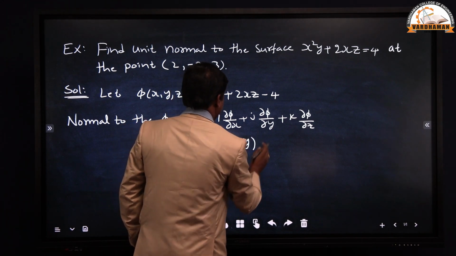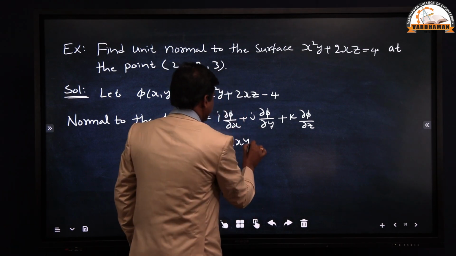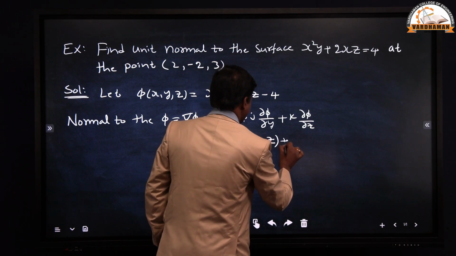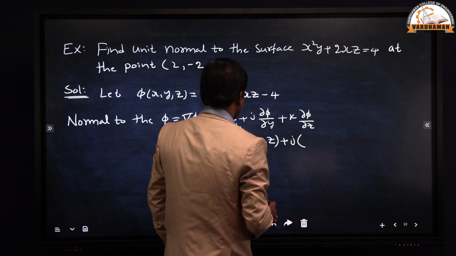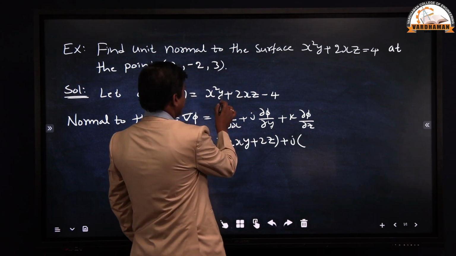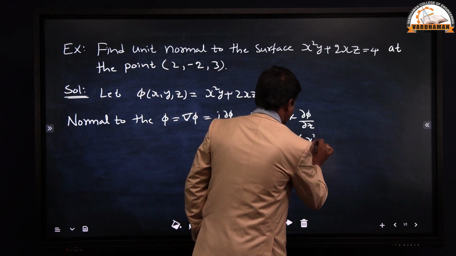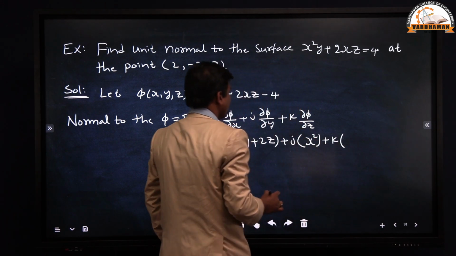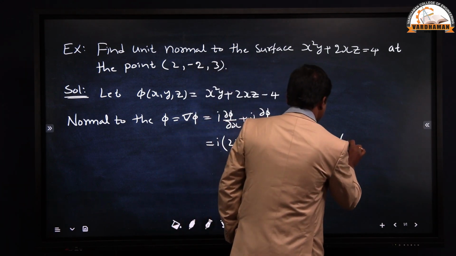2xy plus 2z plus j into differentiate pi with respect to y partially. So y derivative 1 into x square plus k into dou pi by dou z. Differentiate pi partially with respect to z, we get